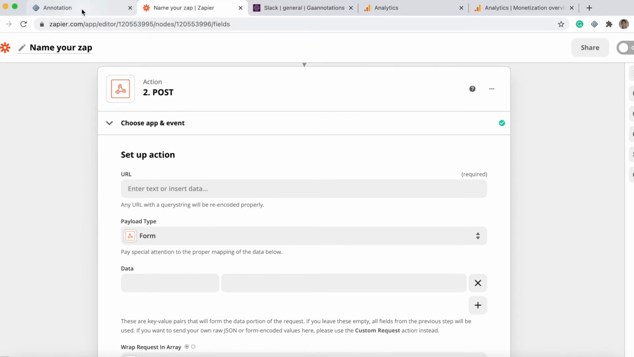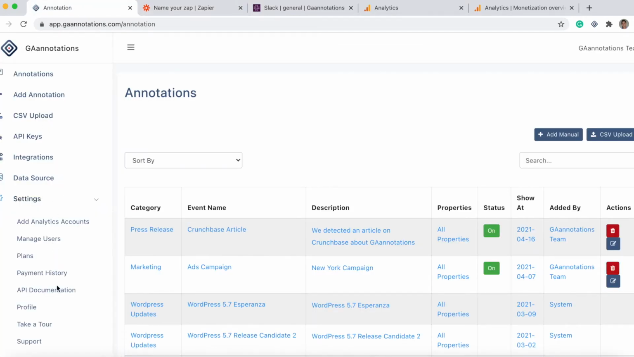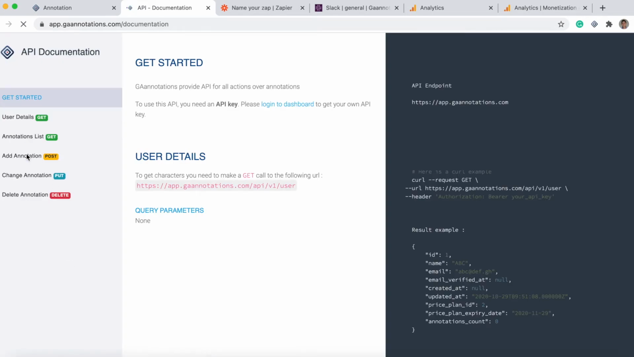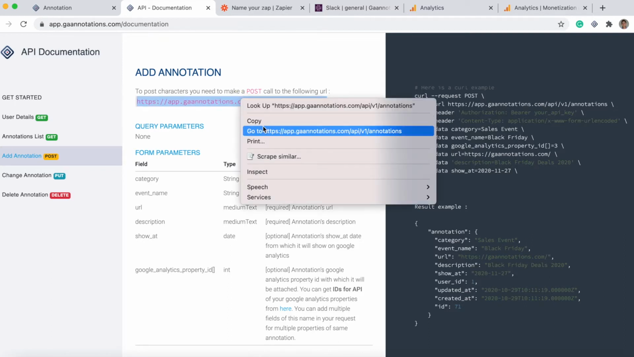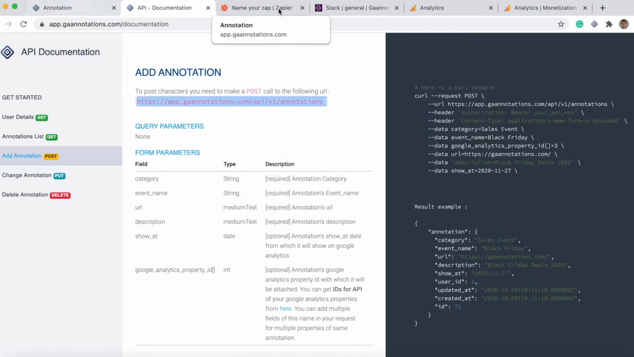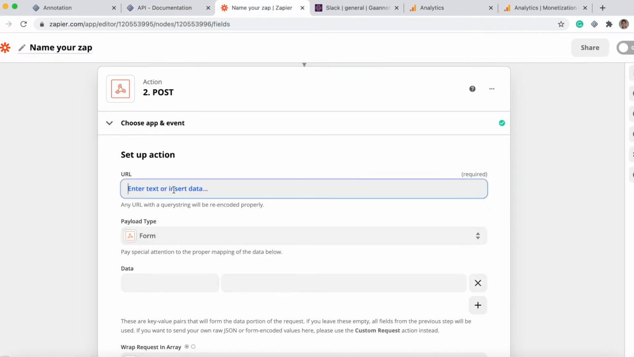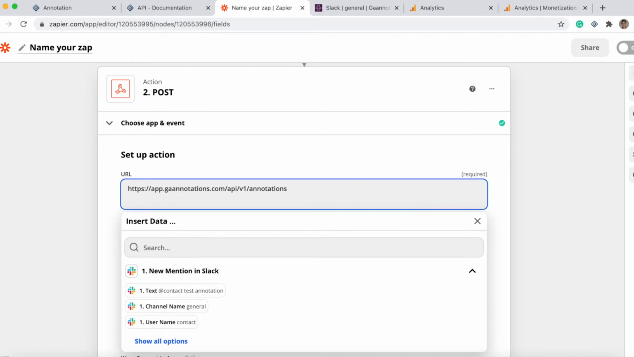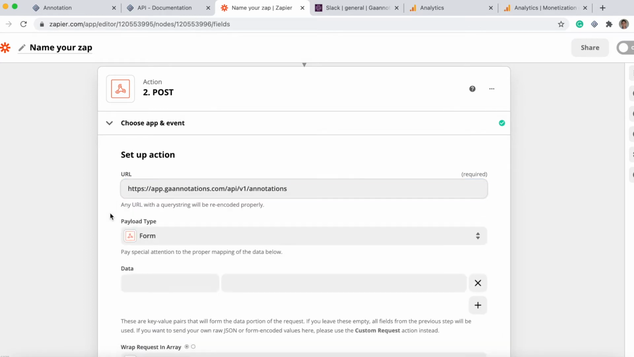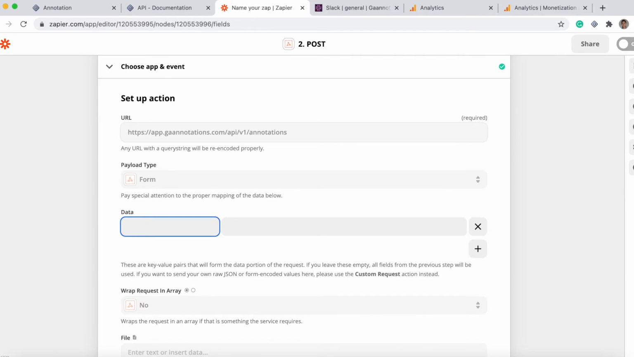Now I go to GA Annotations. I will go to the documentation. I go to post, annotations. I copy this. Okay, pay attention, there is no space here. Now I take